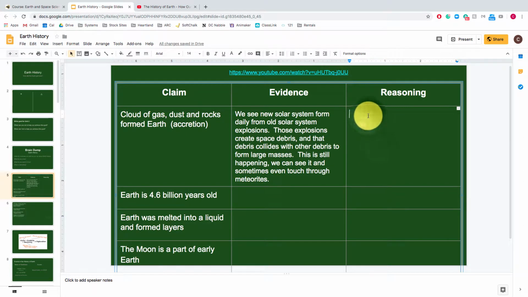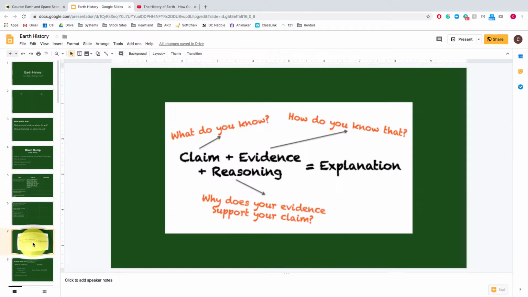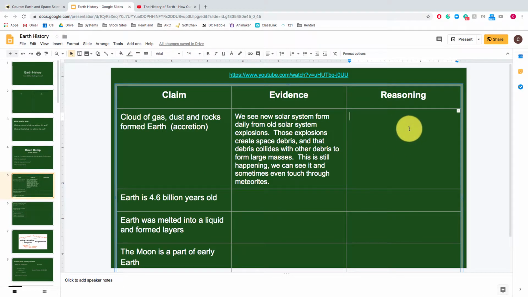Okay, so now we're going to get to our reasoning. And our reasoning: why does your evidence support your claim? Okay, so space collisions. So we know that these collisions have been happening since the solar system began. With enough time,